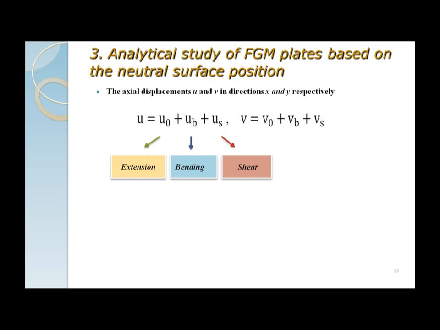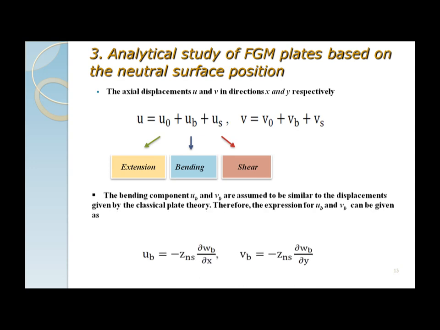We have an effect of extension plus bending plus shear. The axial displacements U and V in direction X and Y respectively. The bending components Ub and Vb are assumed to be similar to the displacement given by the classical plate theory. Therefore, the expressions for Ub and Vb can be given as